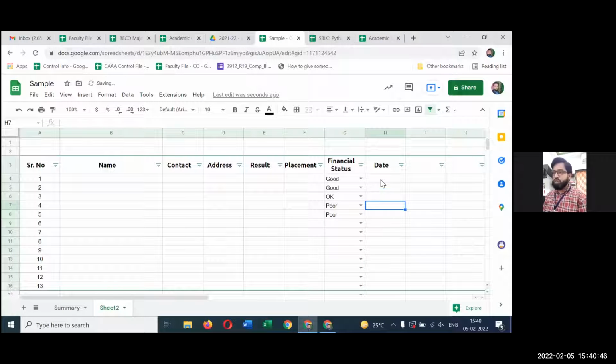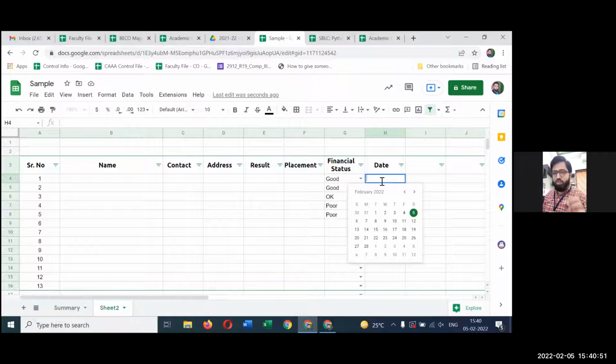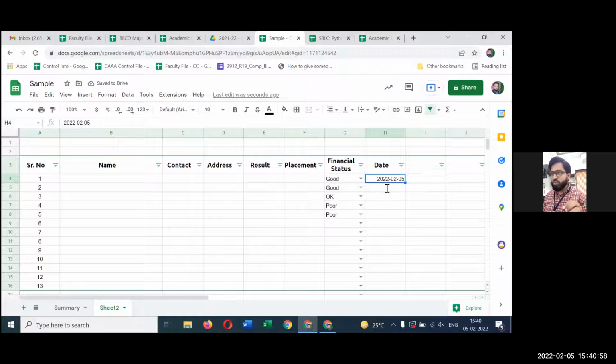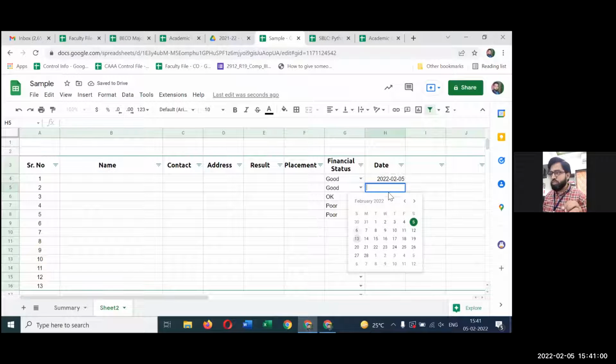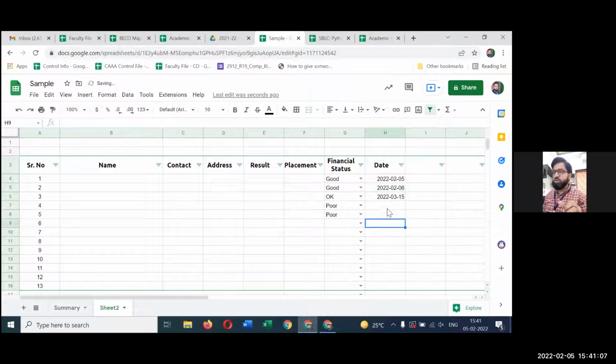अब यहाँ पे क्या होता है कि किसी भी सेल पे मुझे सिंपली डबल क्लिक करना है. The moment I double click on a cell, a calendar will be shown, and then you can directly select your date. So I simply select my date. So date is coming. यहाँ पर मैं अब 6 सिलेक्ट कर लेता हूँ, तो यहाँ पर मैं 7 या फिर मैं आगे जाके 9th मार्च की 15 मार्च की डेट सिलेक्ट करता हूँ. ठीक है, so this is how I am selecting a date, and there is a less chance of making a mistake. If you see now, so you are able to control your data and you are able to put only the dates into this column.